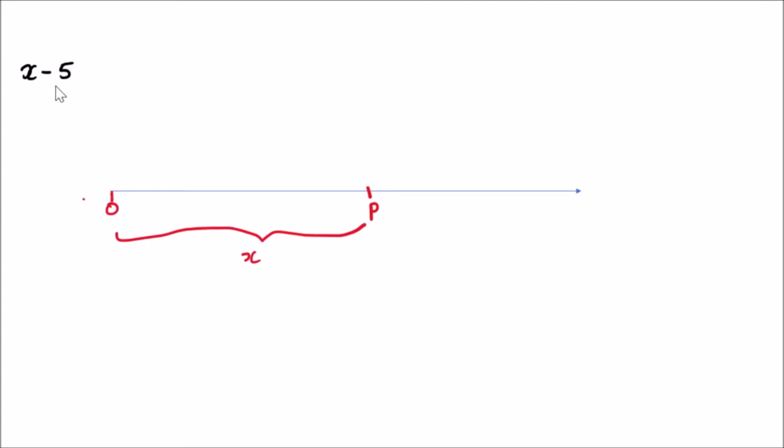Now there is minus 5, isn't it? So from P we have to come minus 5. Plus 5 means we take it to the right side of the number line, and if it is minus we take it to the left side, you know, isn't it? So from P we will take somewhere minus 5 here, let it be Q. So from Q to P, this will be your minus 5. So x minus 5 will be denoted like this. I'm not going to stress more about this because it's not so important from the point of examination.